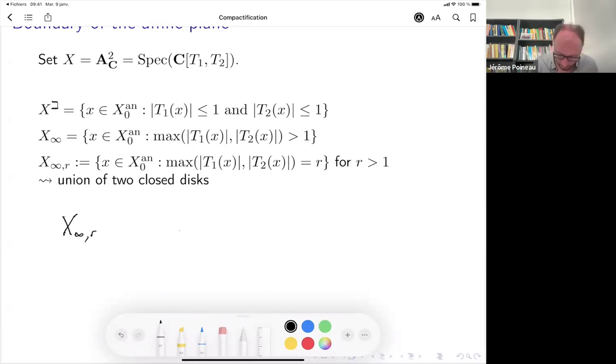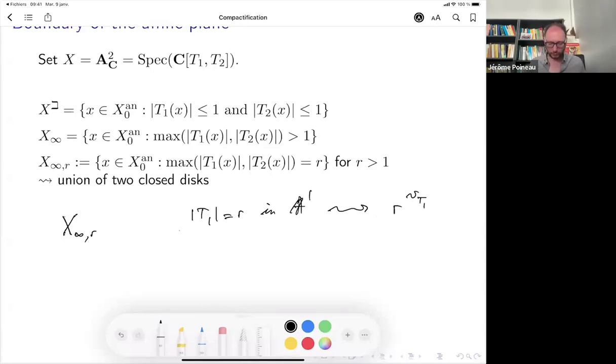So in A1 you have T1 equals r. That just gives rise to a point, which is r to the valuation of T1. But this time the r is fixed, because I just fixed the r.